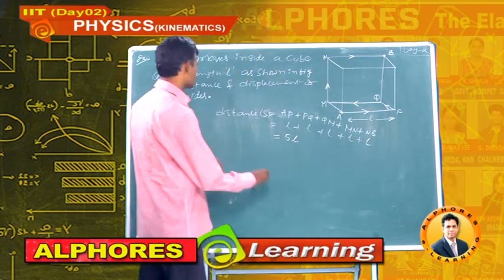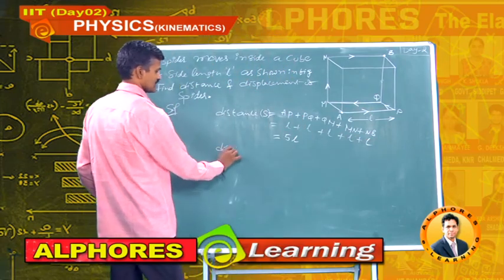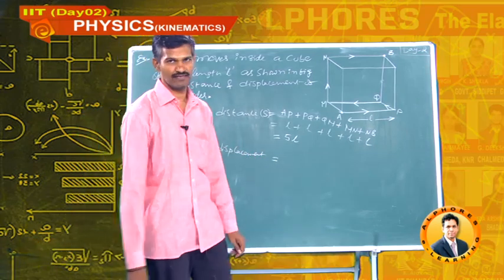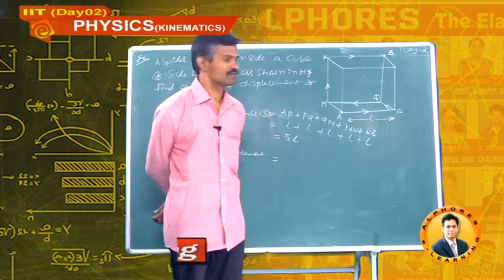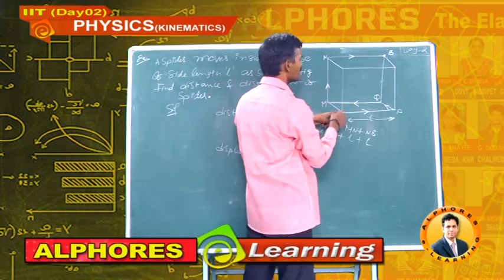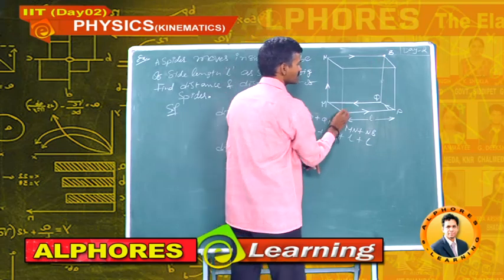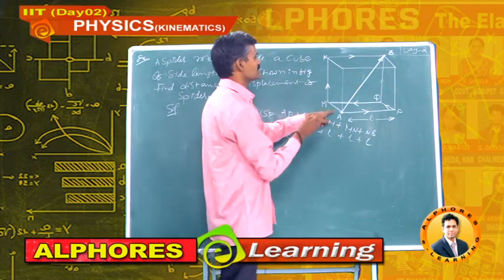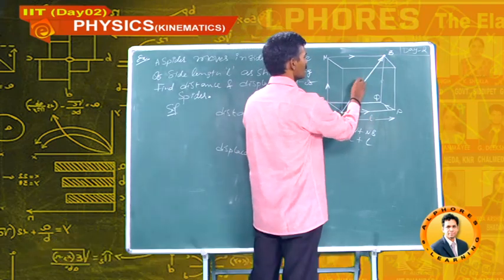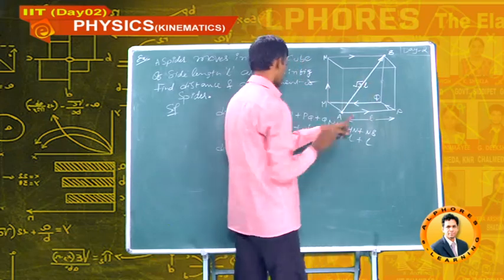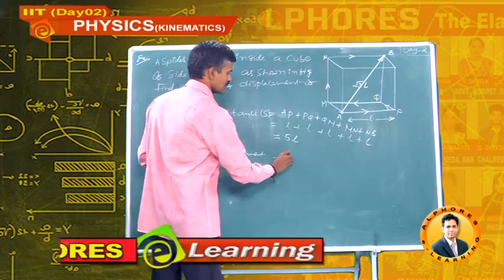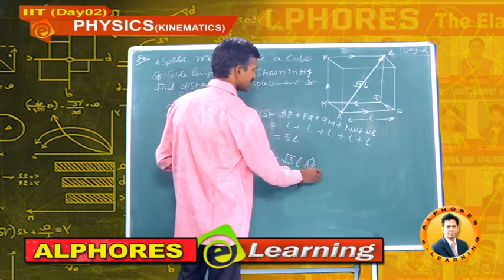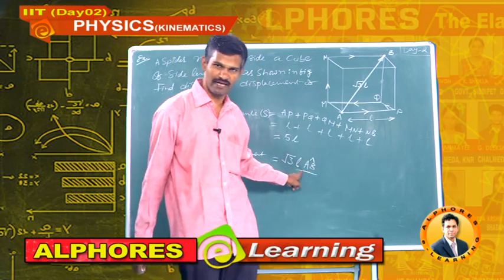Okay. What is displacement? Displacement is the length of the shortest line. So from A to B it is a body diagonal of the cube, so it is the displacement. The body diagonal of the cube, we know, is root 3 L. So here the displacement is root 3 into L into AB cap. This AB cap gives the direction of the displacement.